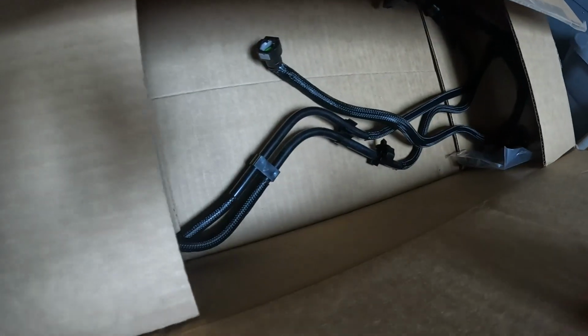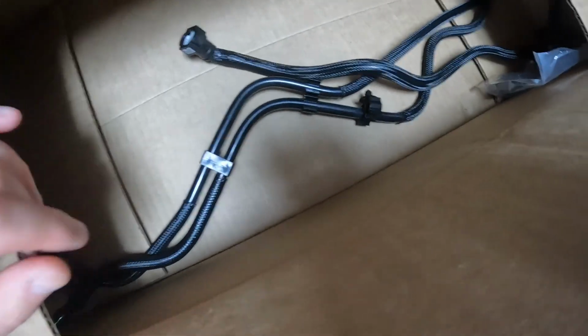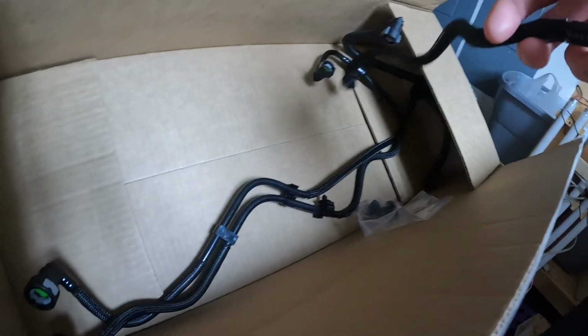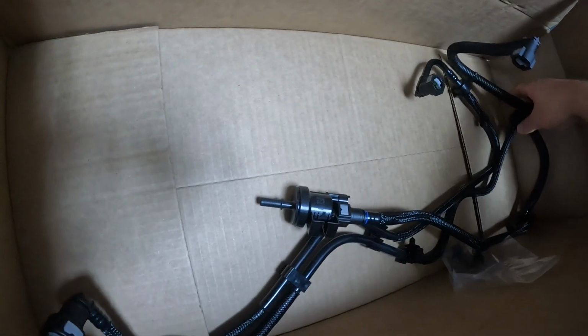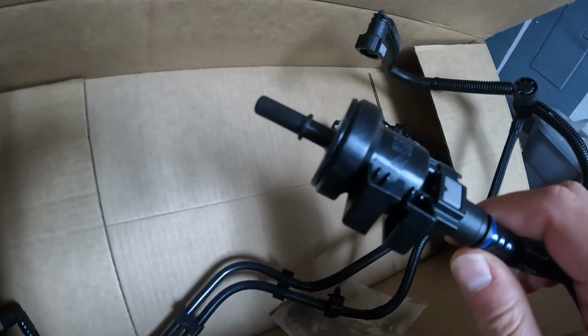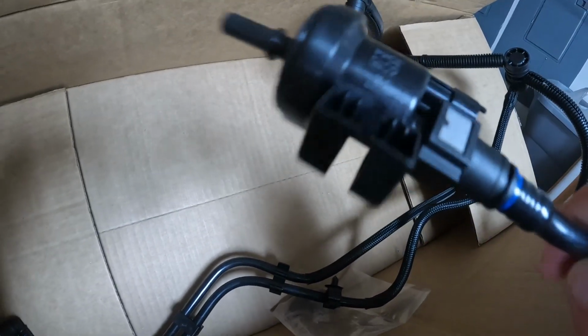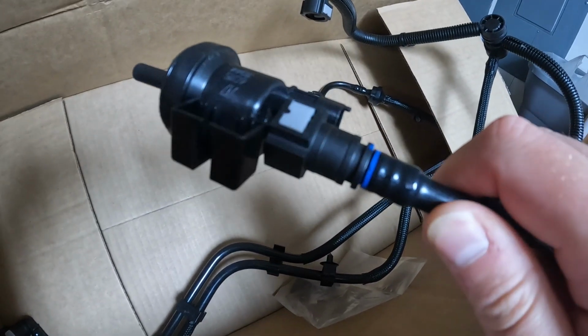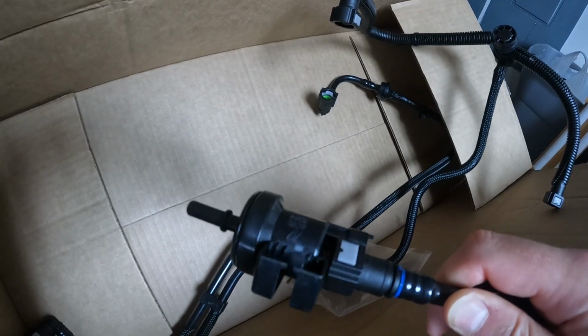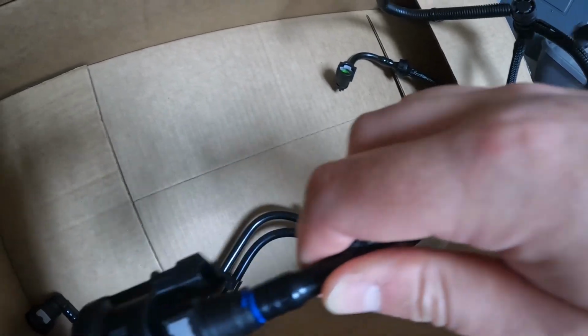And so it's not able to purge the vapors from the canister when you start the engine. You can buy the actual valve. I believe it's either this one. I think it's this one. You can buy this by itself, but as you can see here, the tubing almost looks like it's shrink wrapped on, and I'm not about to try to undo that and put a new one on, so I bought the